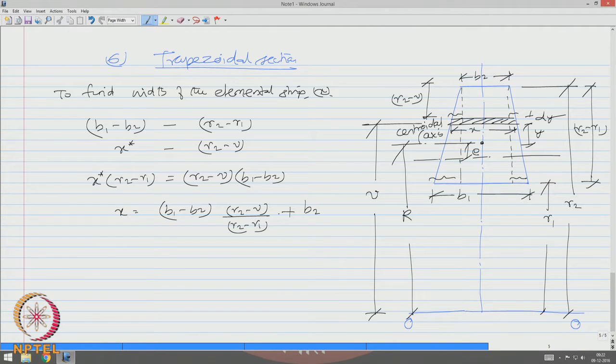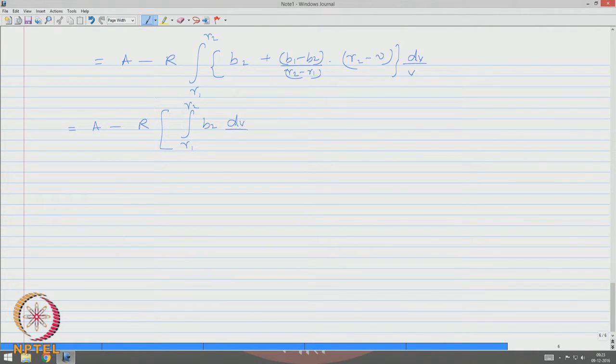Now, once I know this, I can now say my M A is the integral of dA minus R dA by V, which is A minus R, integral with limits R2 to R1, of B2 plus (B1 minus B2) by (R2 minus R1) times (R2 minus V), of dV by V, which can be A minus R, R1 to R2 B2 dV by V